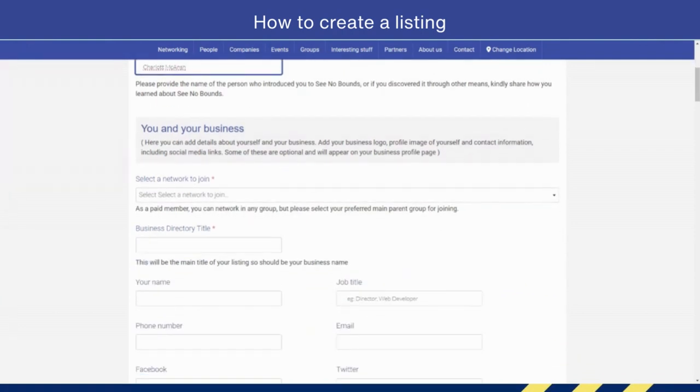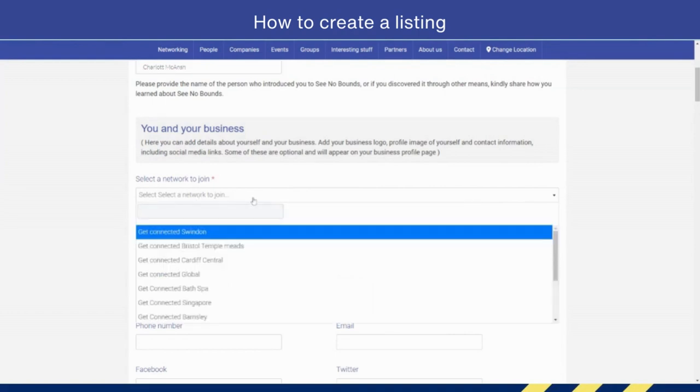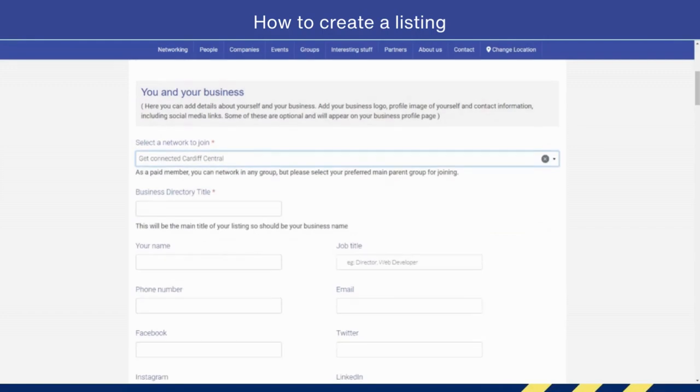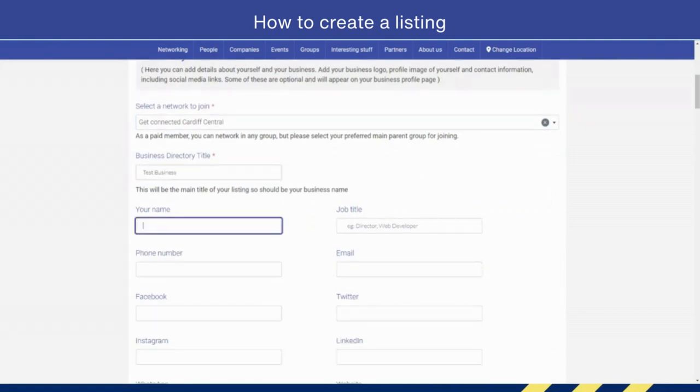So this next bit is all about you and your business. You select what group you want to join. This is only available in the Directory Plus and the Network packages. So I want to join Cardiff, for example. You would then put in your business name, and I'm going to put this in as Test Business. You would then put your name, which this time I'm going to put, obviously, Jamie McAnsh. Then you would add your job title if you've got one. So I'm going to put founder, your phone number if you so wish to have one,